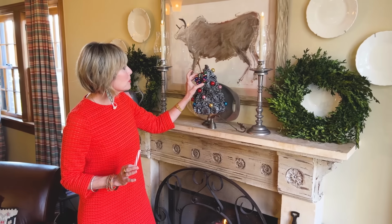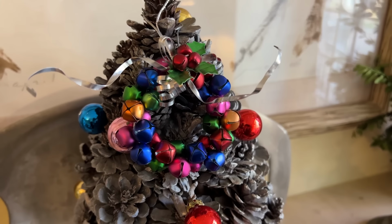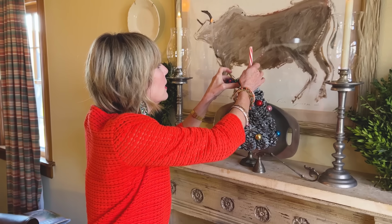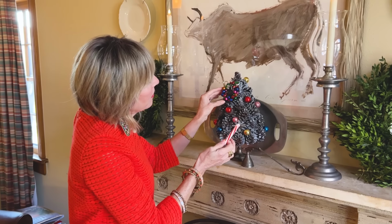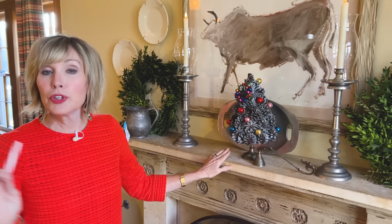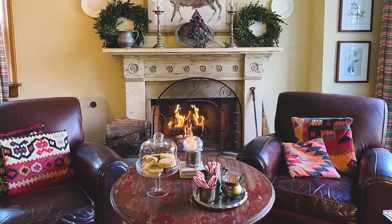And then I had a little Christmas ornament that perfectly matched the colors of these tiny little ornaments. So I thought, since I didn't have a star, why not hang a wreath at the top of your tree? So if you look, when you enter my kitchen, definitely my fireplace is a focal point, and you can see